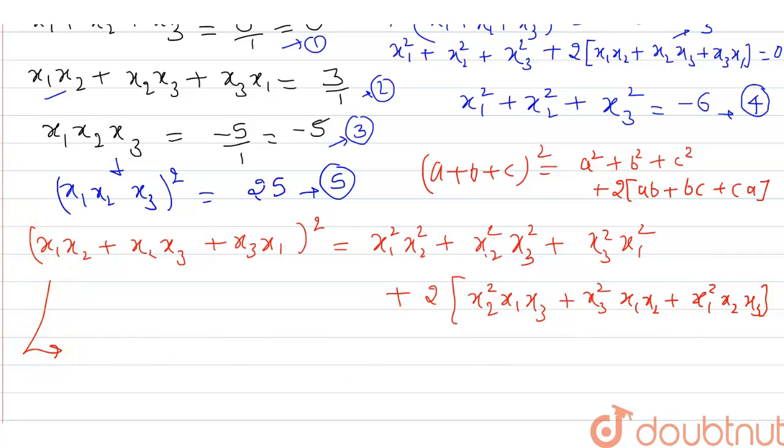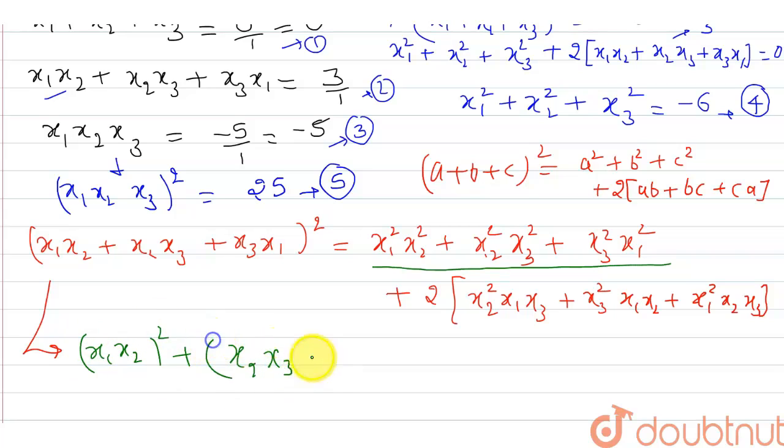So this term will be equal to this term plus, now I will write this term completely: x1 x2 whole square plus x2 x3 whole square plus x3 x1 whole square,